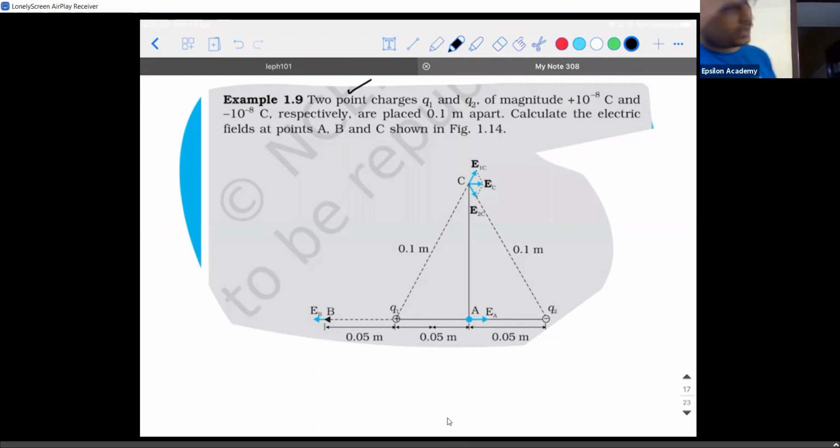Now our work is to calculate electric field at 3 points. We need to calculate the electric field exactly at the center of this system, at a point on the axis of the system, and at an equatorial point. The first question: can I take the system to be a dipole?